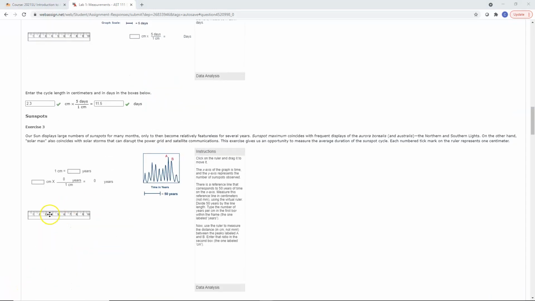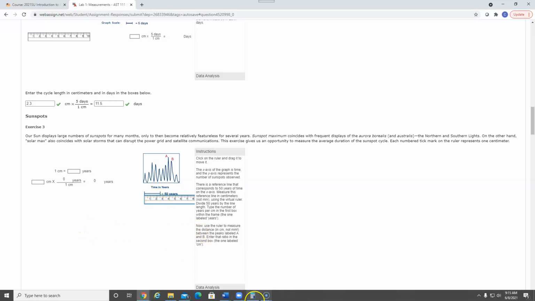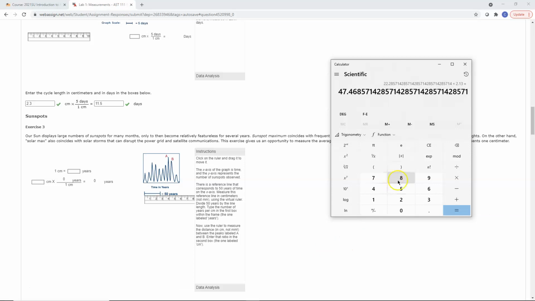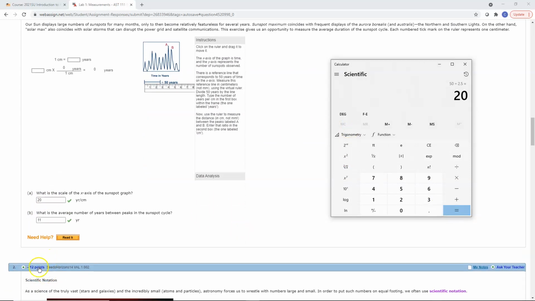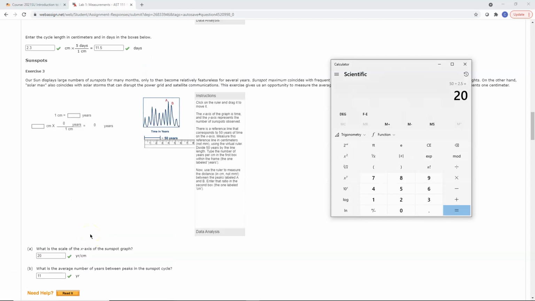So looking back up here, if I have my 50 years is 2.5 centimeters. If I go back over here and I go 50 divided by 2.5 gives me 20 years per centimeter. I put that in and check it, and it comes up as correct. All right, so